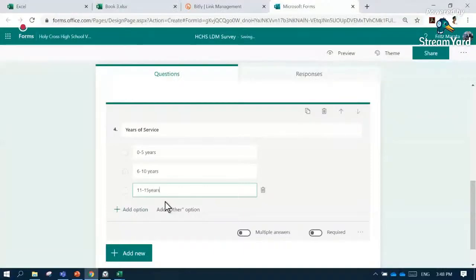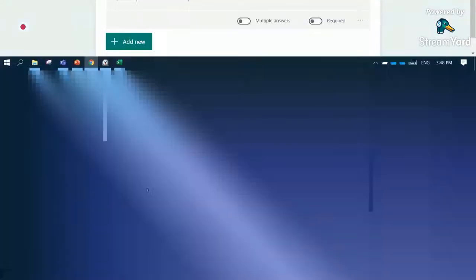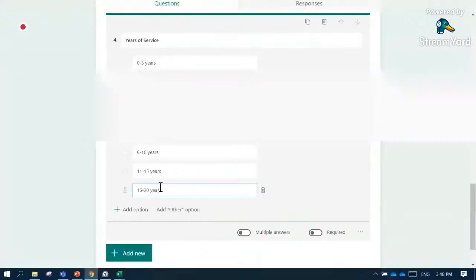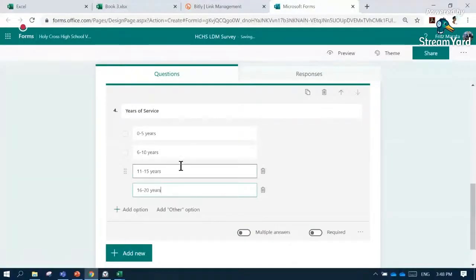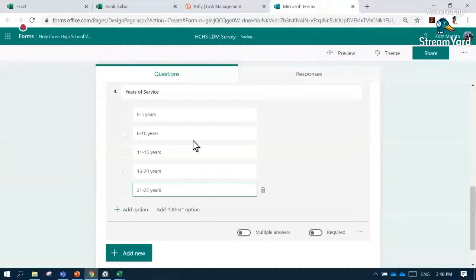Or are there still teachers having 16 to 20 years? Okay, so we can have that. Or 21 to 25 years. There, for the years of service.